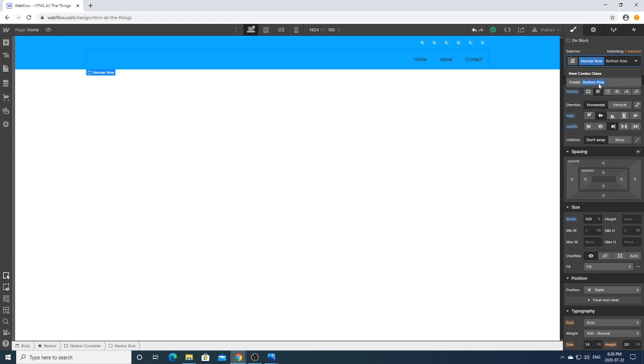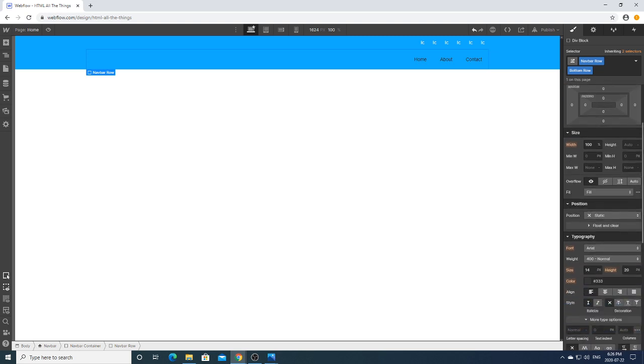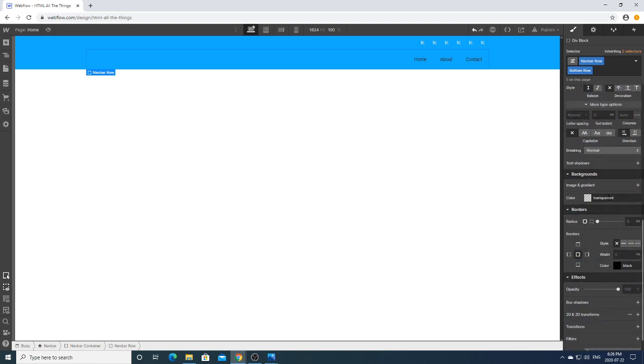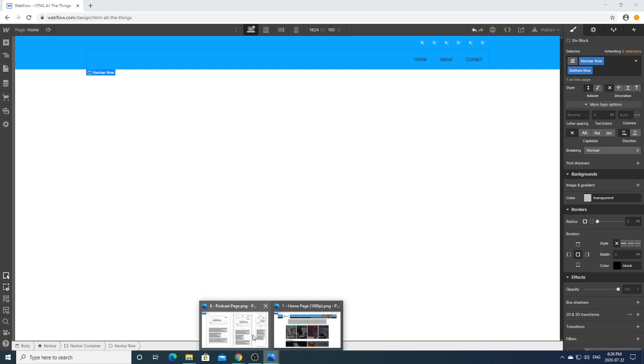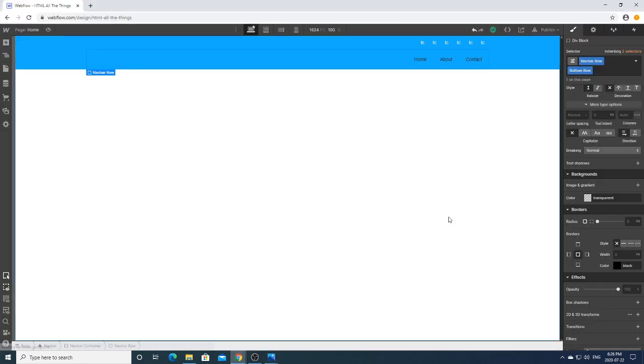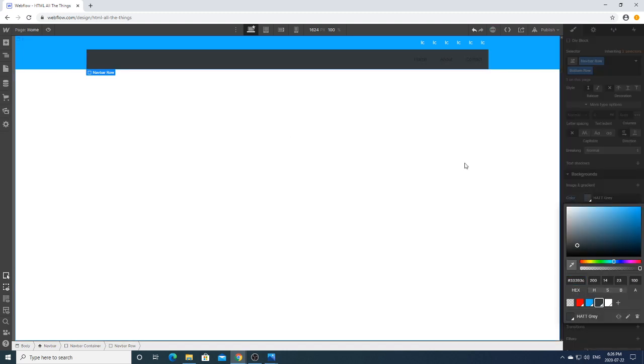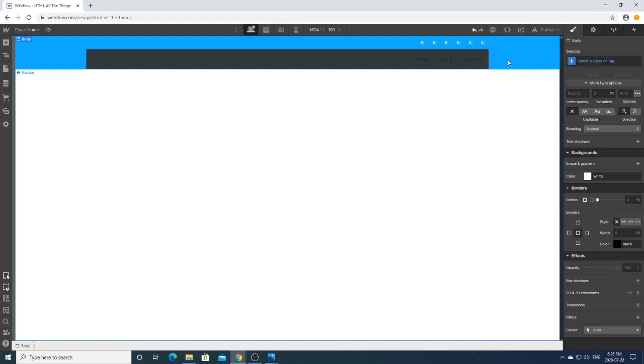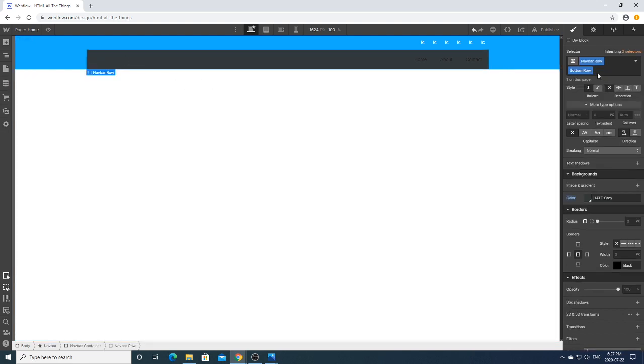We're going to call this the bottom row, okay? Now, the bottom row has a background, as you can see, of this darker gray. You may already notice the problem, but we'll show you in a sec. See how it's showing this? It doesn't look great, obviously. So what we're going to do is,